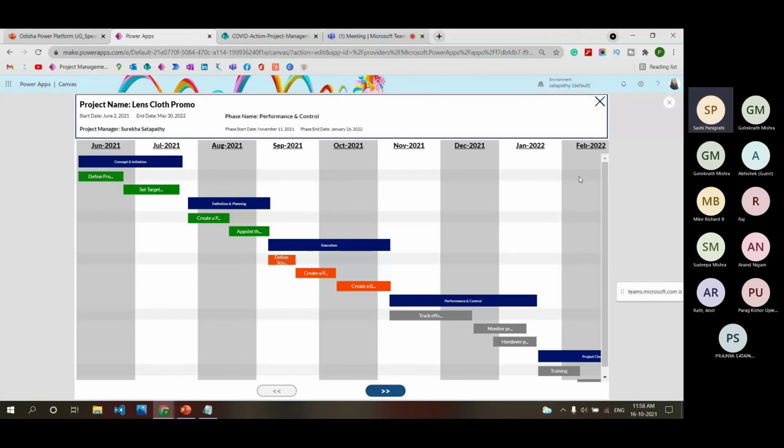So thanks Pragya for this wonderful session on Gantt chart. I think this will be a very useful app for project management. You can just share this project file and people can go through it, and if any queries, they can reach out to you. Sure.